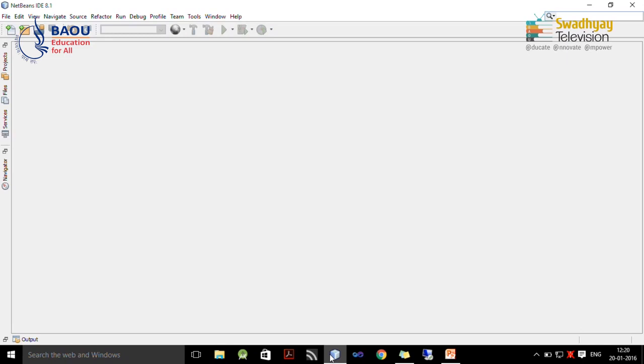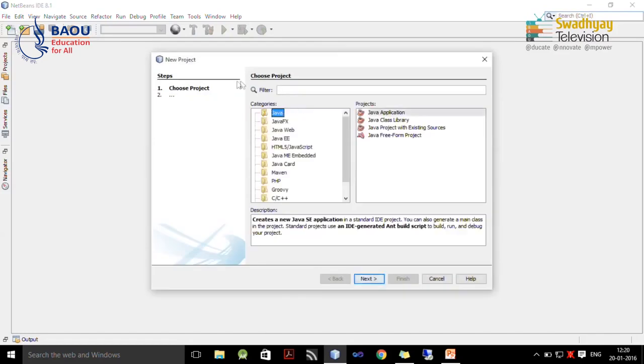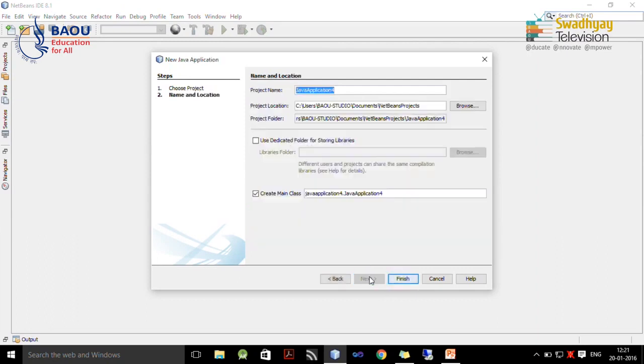On screen you can see the NetBeans IDE start interface. Here from the File menu I select New Project, and from Category I select Java, and in Projects we select Java Application, and then I press Next. Here the name of our project is SelectionDemo.